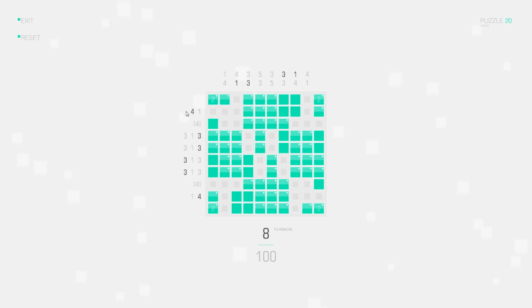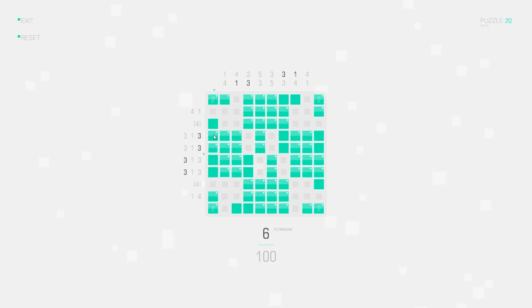We need 4 squares in this row. 1, 2, 3 are marked already, so the 4th one can only be here, and we can delete this square. Let's look at this row. No, we don't yet know where the 3 connected squares are positioned. Here we also don't yet know where they are positioned. Here we can also not know yet, here also not. But here we see that we have 4 connected squares, 1, 2, 3, 4 like this, and we can delete